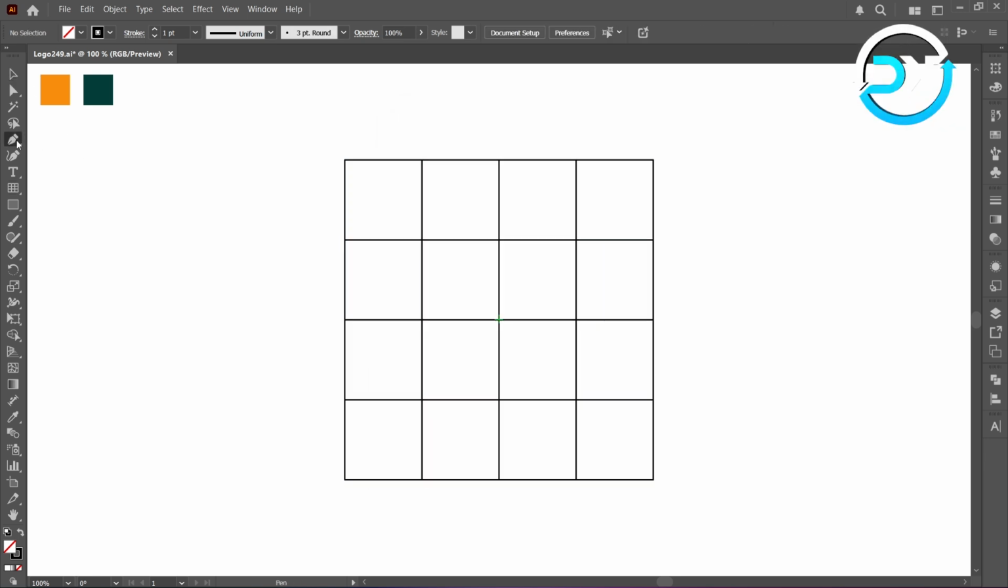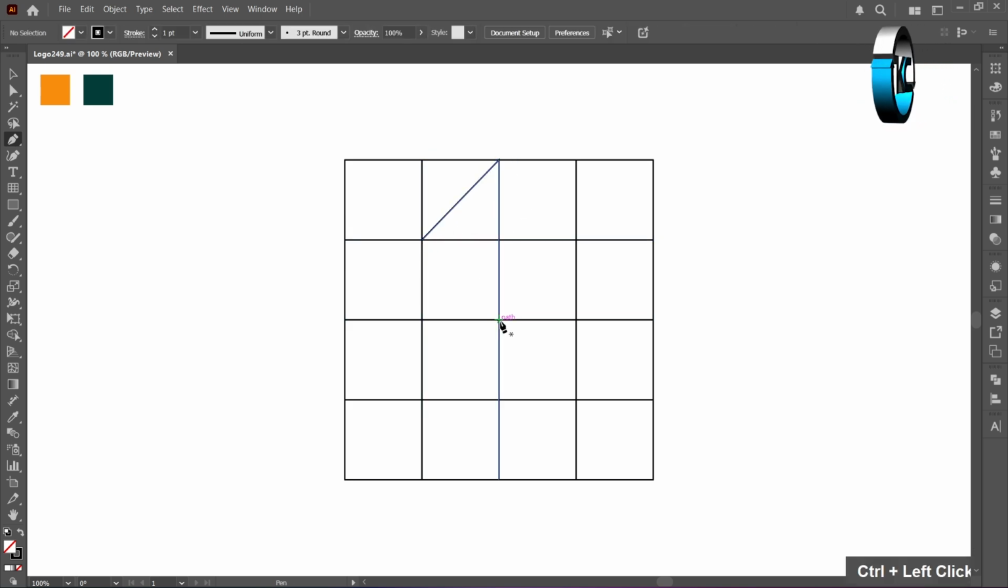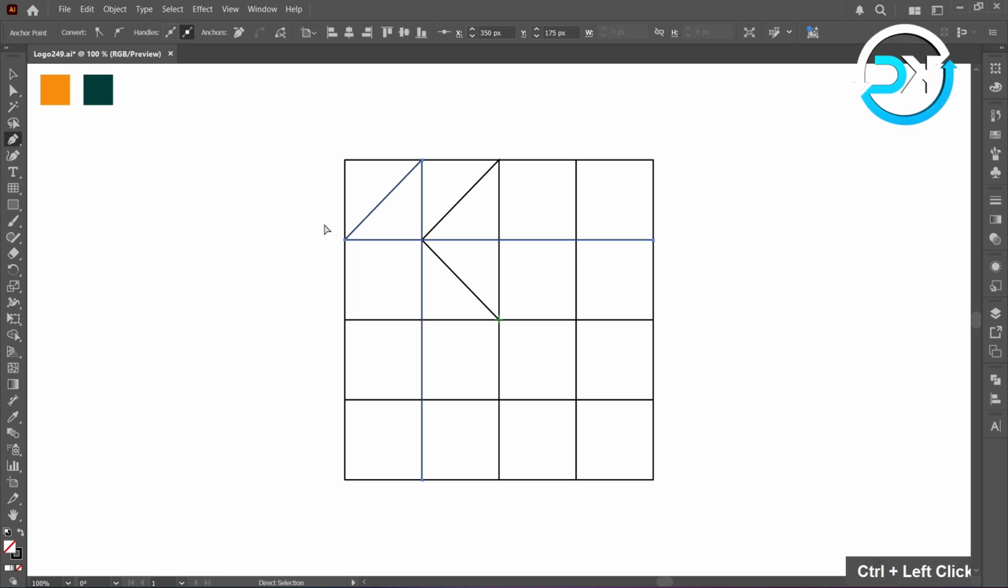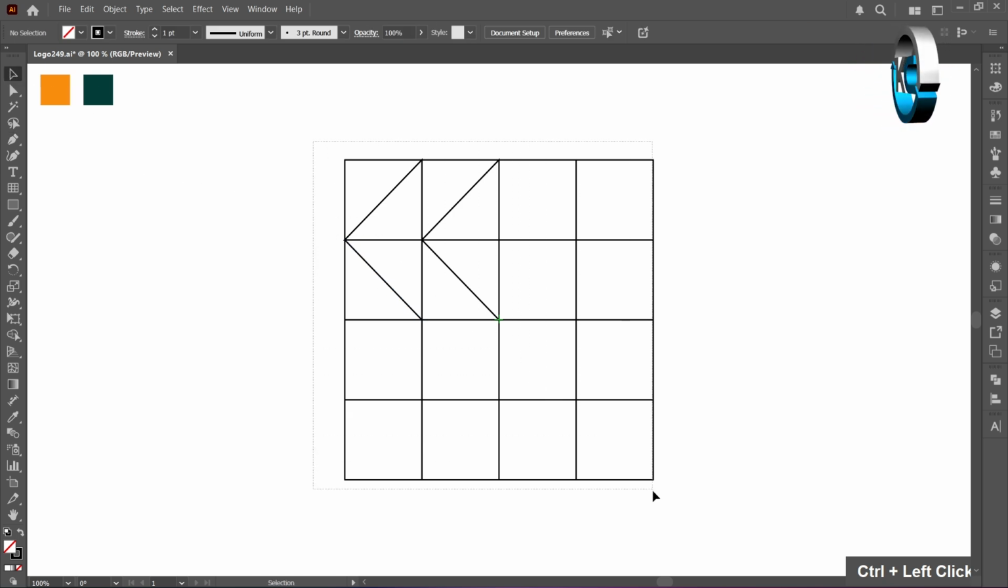Select Pen tool from Toolbar. Draw the shape step by step. Follow the guidelines. Select All and